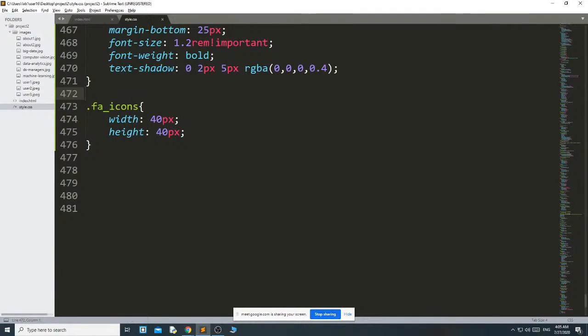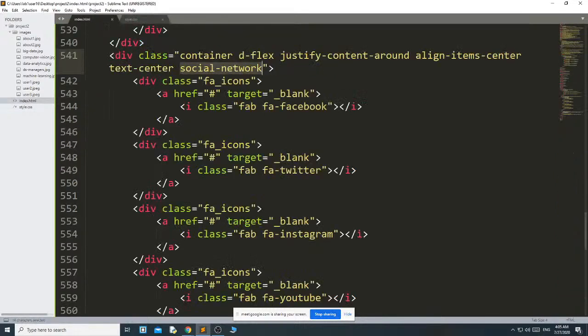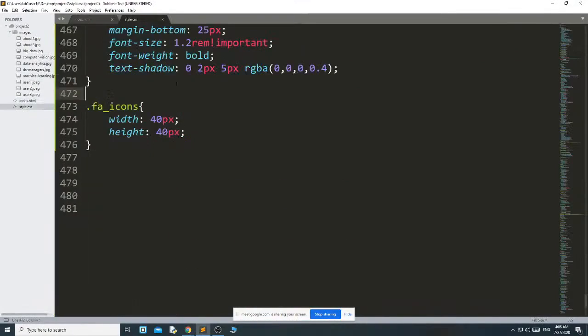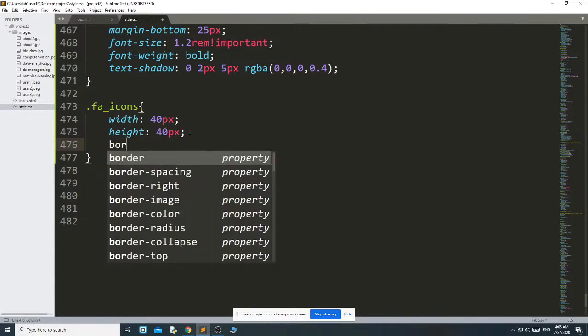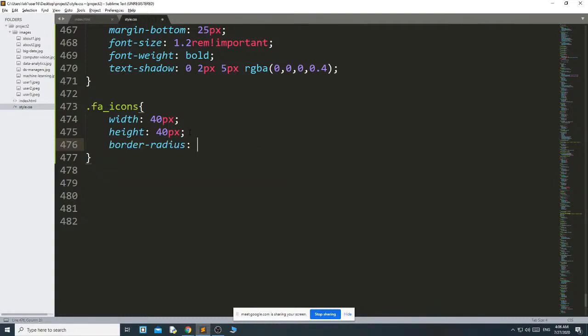Okay, then dot fa icons, these icons inside the class container. Fa icons, border radius 50% because I want it in a rounded shape.